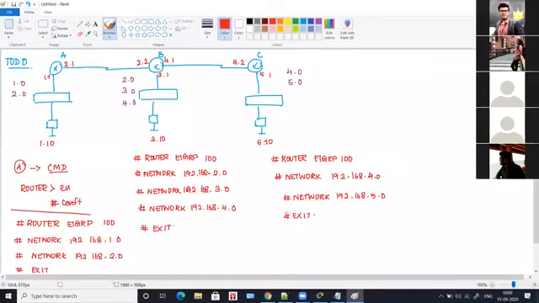Okay. So once all the three routers are done, what you have to do is verify. The verification is that from this computer, from 1.10, you should be able to ping to 3.10 and 5.10. You have to get a reply. From 3.10, you should be able to get reply from 1.10 and 5.10. And from 5.10, you should be able to get reply from 1.10 and 3.10. If you are getting a reply, then the concept is correct.